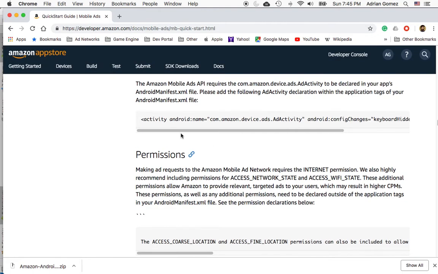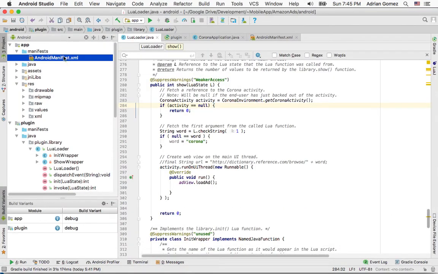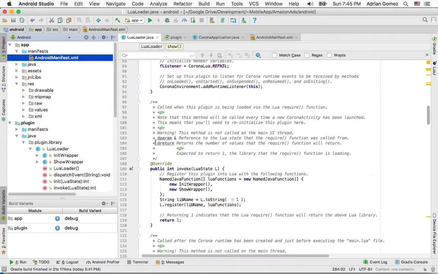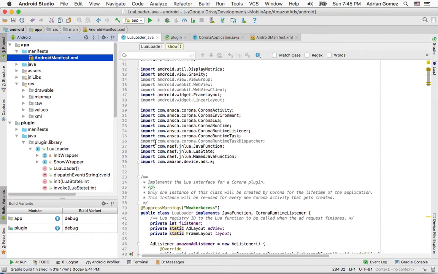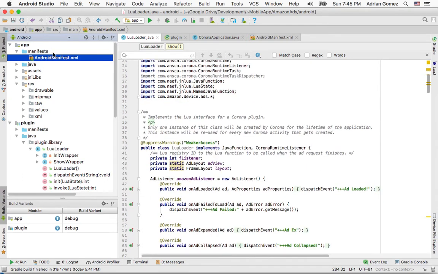I did add this activity. You see it says add it to your manifest file. So inside of here, think of this as that information that is contained in that file when you download the plugin. It's the same thing except that you're getting it from an external website. And so if you see in this manifest,